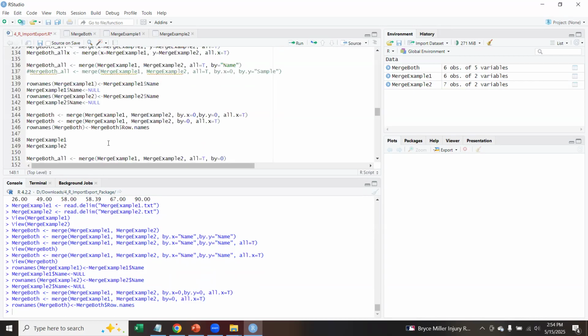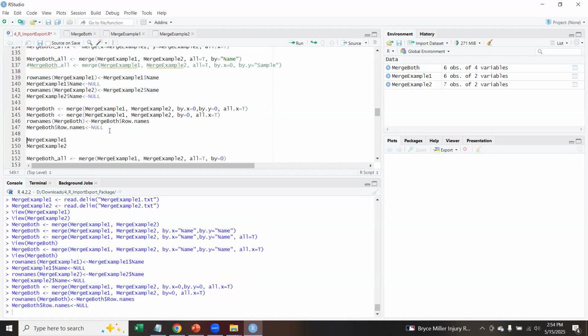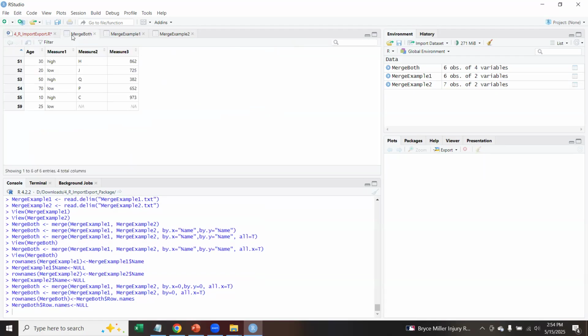This is confusing, I know. And then we set this Row.names column to be null, and that will delete it. There is a clever one-liner for merging your table, popping out the row names, and then setting the row names to null, but I'd have to look it up every time, and it's just faster to type 3 lines than to look it up. So this is our merge table, merged on row names,